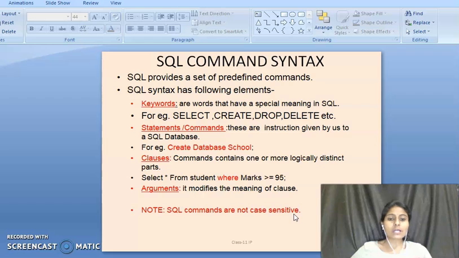So whichever letters you use to write your database name, table name, or column name, you have to access the same table and same database with the same letters. So we can say the commands are not case sensitive, but the database name, column name or table name chosen by the user is case sensitive.